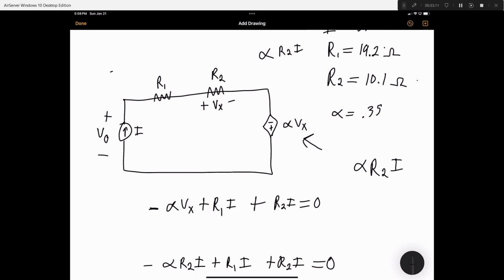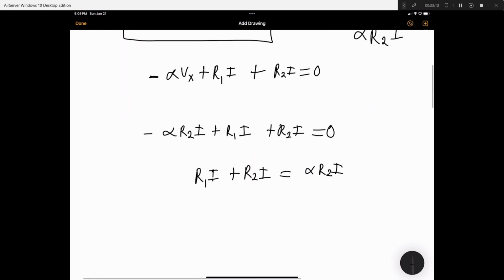Okay. We can get rid of I, right? Because I is everywhere. So we have R1 plus R2 is equal to